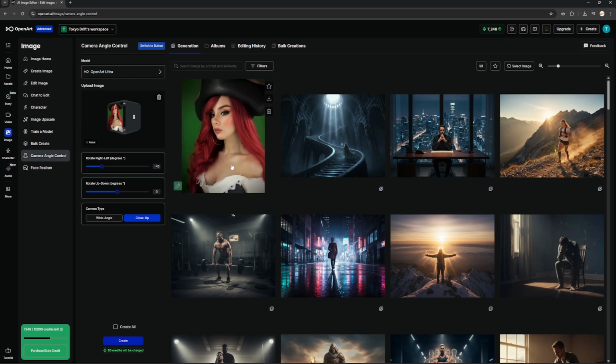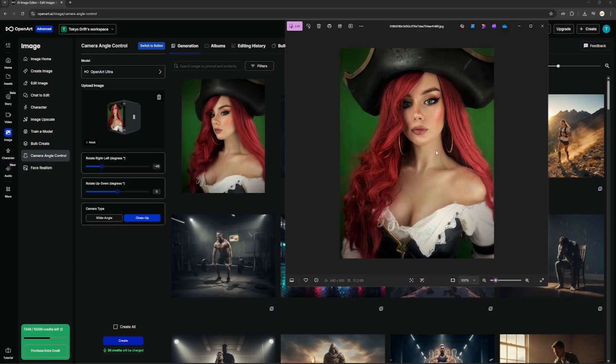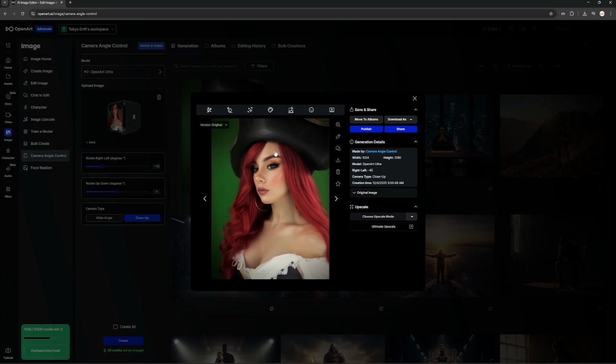Now you can see the new image. She looks to the left side. Now let's see the original image. This is the original image and this is the new image. So you can control the angle of the view she's gonna look at. Yes, so this is how to use camera angle control in